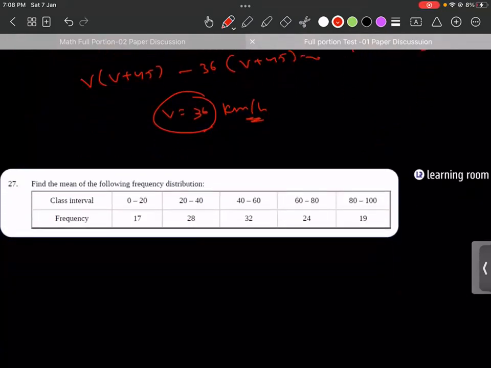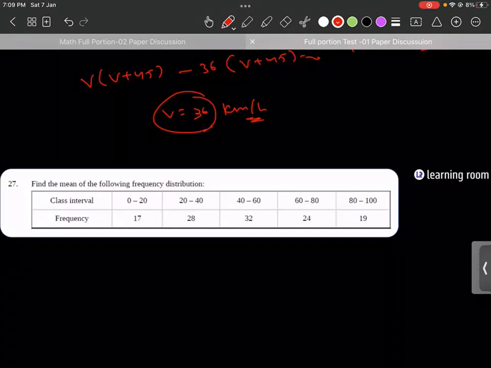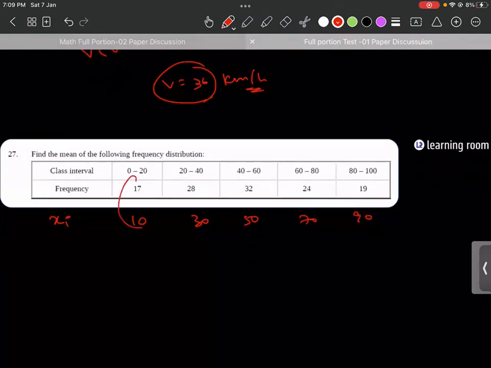So 27, find the mean of the following frequency distribution. I got 50, sir. 50 is correct. So what is the formula that you used? I used the step deviation. You need to find the value of xi. So xi is how much? 10, 30, 50, 70. 170